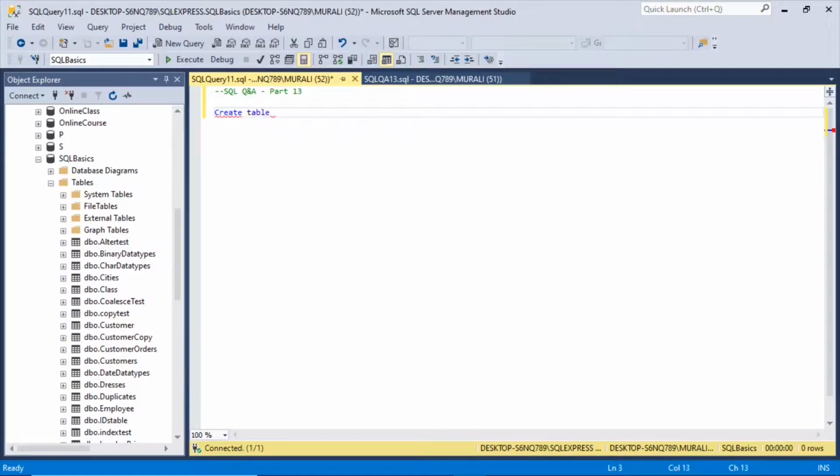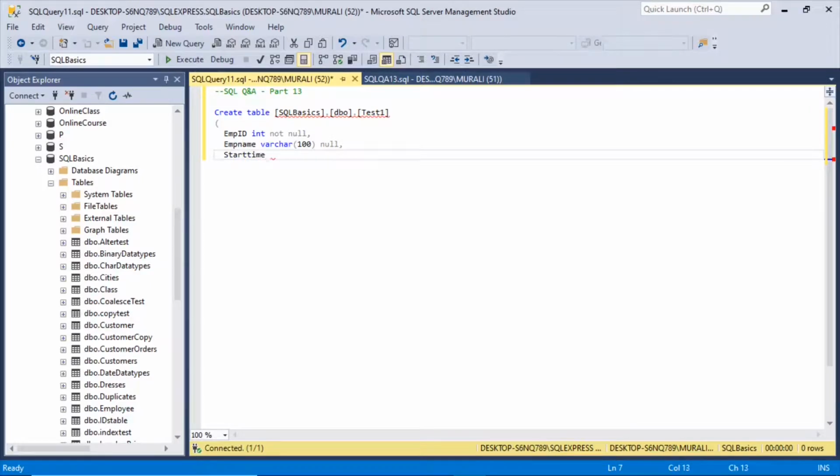Create table SQL basics.dbo.test1, and we have here emp id int not null and emp name varchar of 100 null,